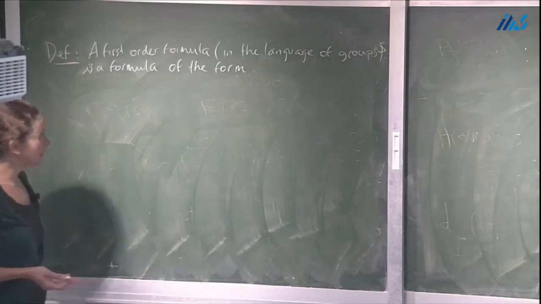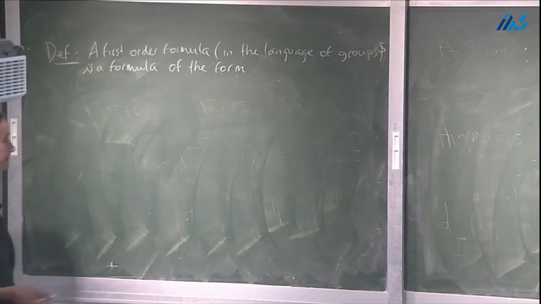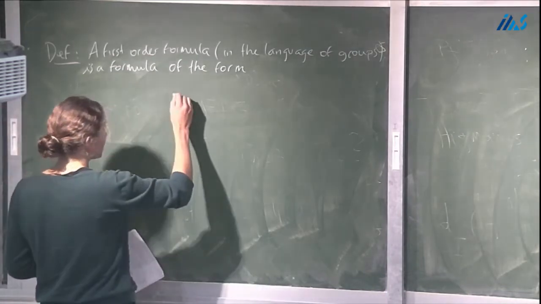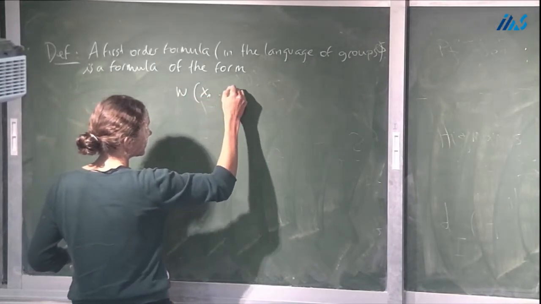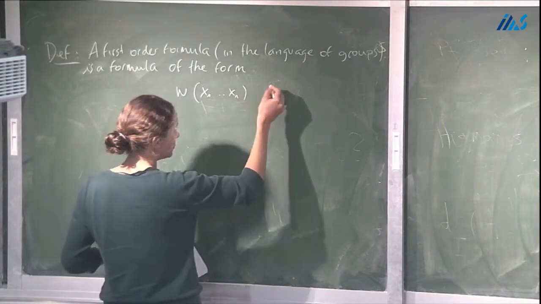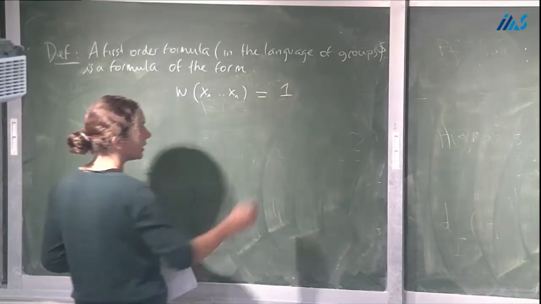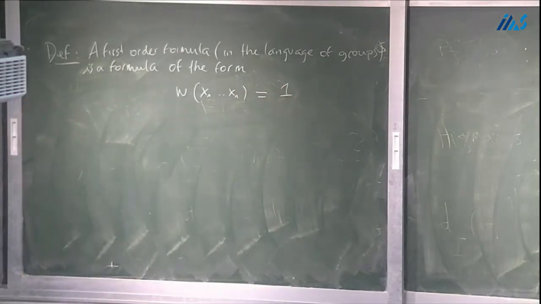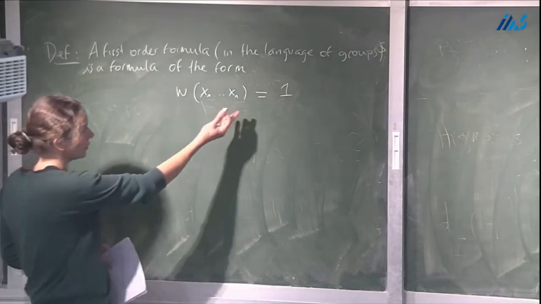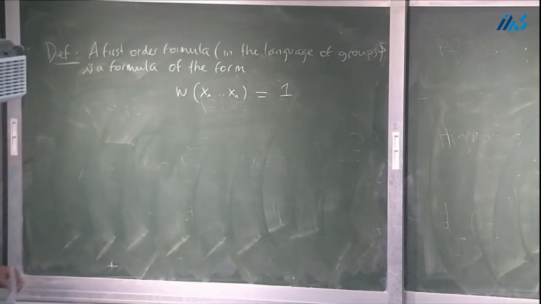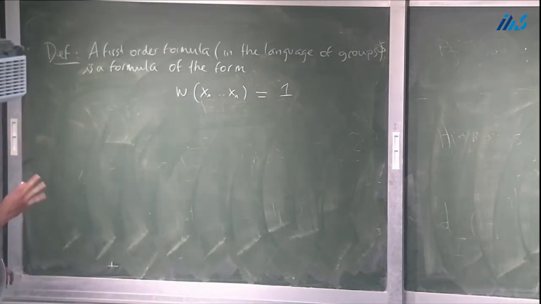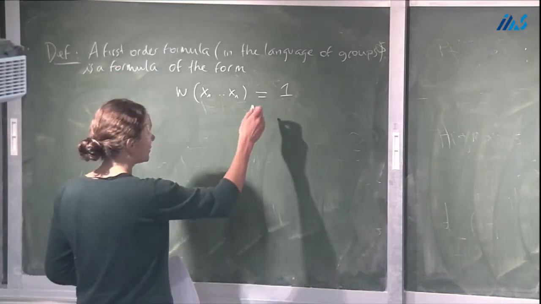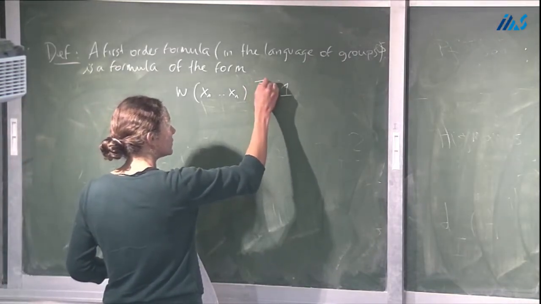The first easiest thing is just to have an equation. So for example, an equation in a group will be a word in some variables, x1 up to xn, and you declare that this word should be equal to 1. And then you can look at all the sets of tuples x1 up to xn which satisfy this equation. So that's the simplest example of first-order formula, but we want to generalize this,